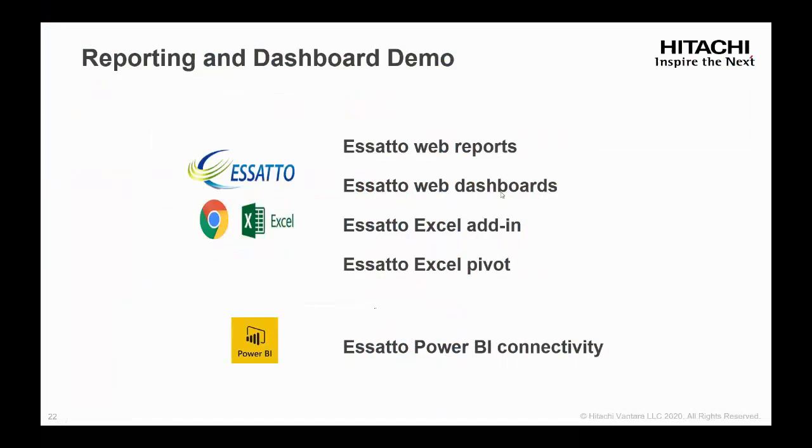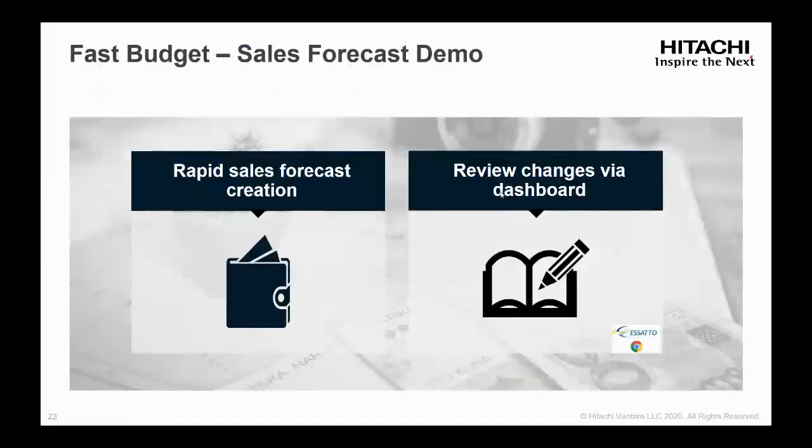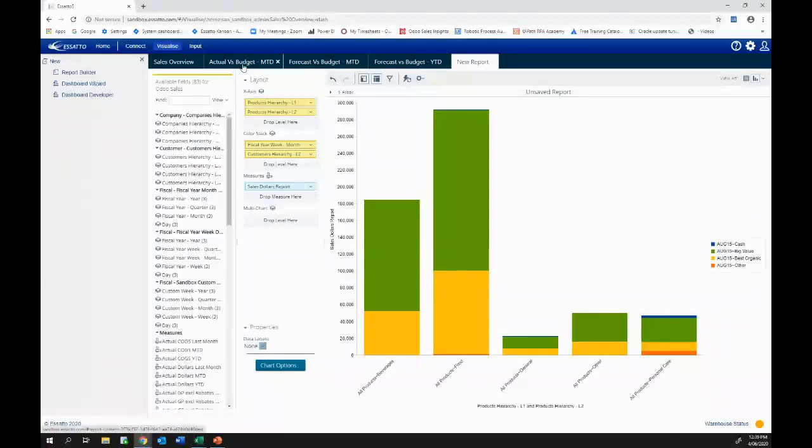Next, I'm going to take you through fast budgets. So we're going to create a sales forecast, and then we're going to have a look at how, as we apply our various what ifs, the numbers are changing in the dashboard layer of Essatto. So I'll go back to the web interface, and just to set the scene a little bit,